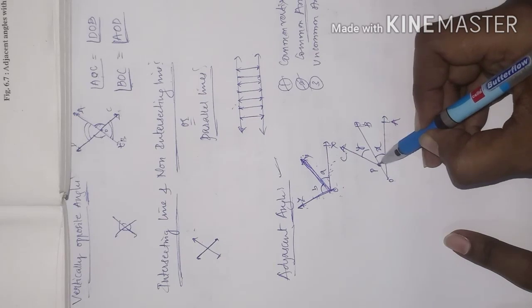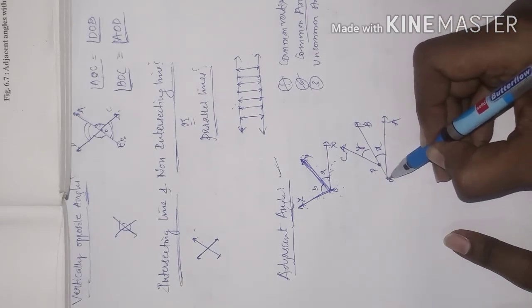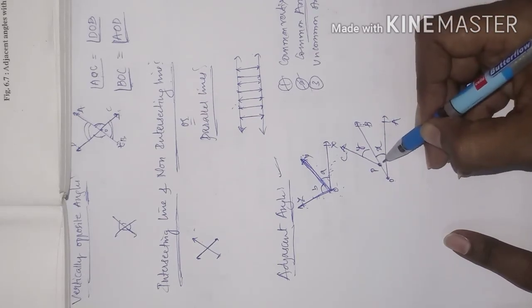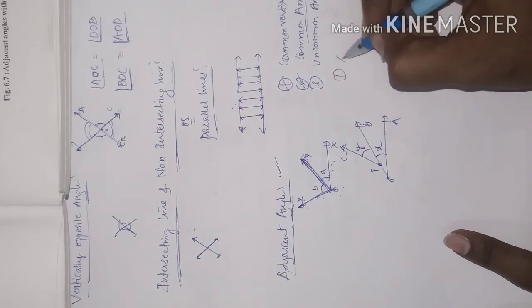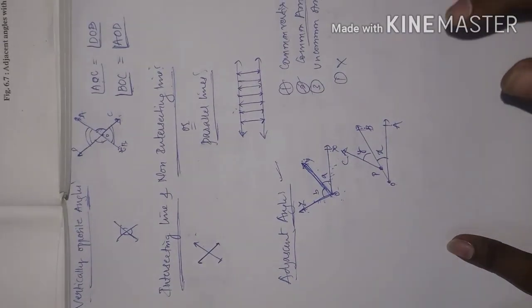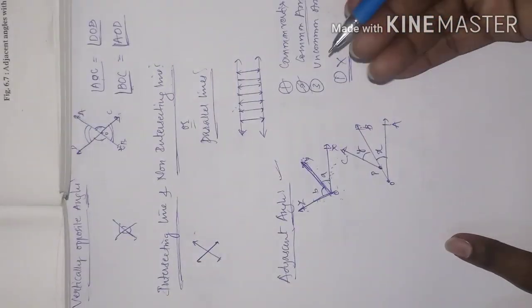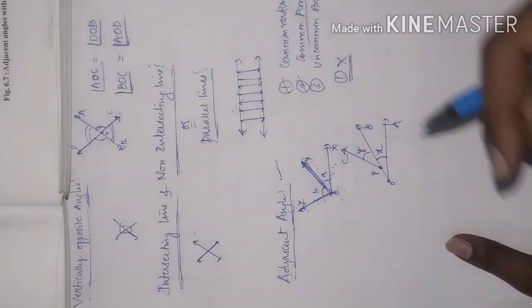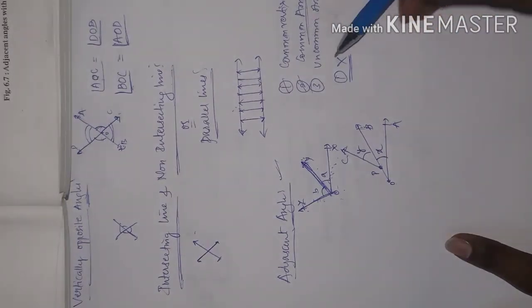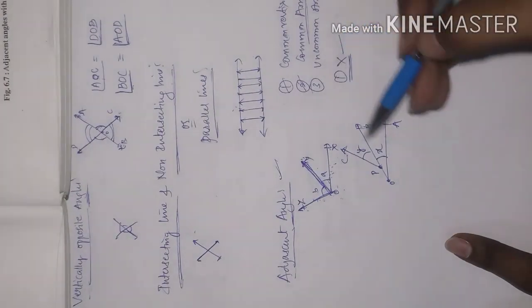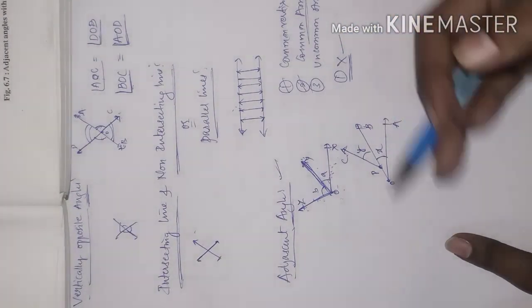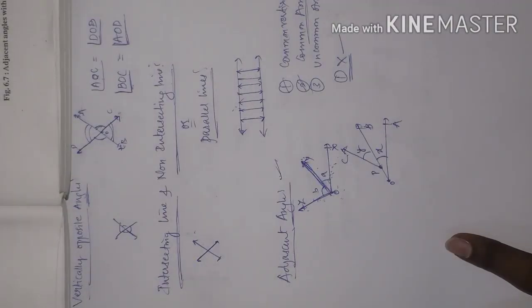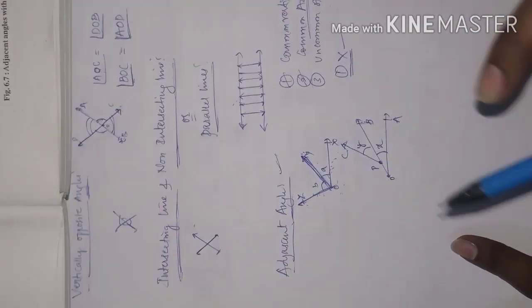There is a vertex here, P, and one more vertex here, O. So they do not have a common vertex. So the first point has failed here. If the first point fails, don't go for the next one. This is how we identify whether it is an adjacent angle or not. Even if the first point is satisfied, if it fails at the uncommon arms, then it is not an adjacent angle. So this is the example about the adjacent angle.